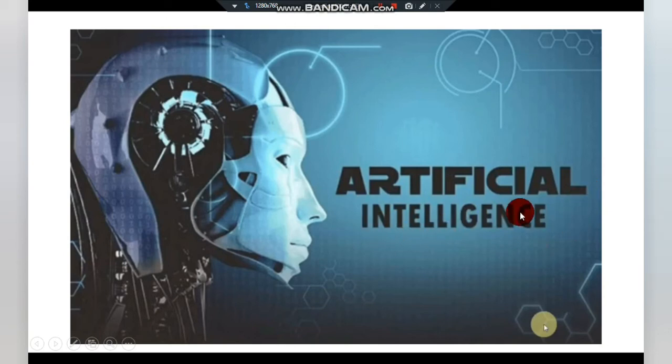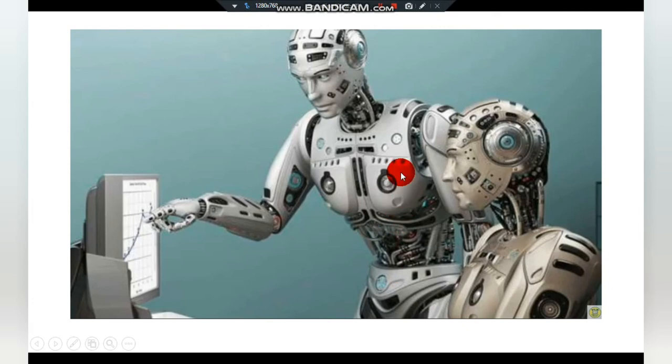Intelligence is only found in human beings. Now we can create this intelligence and give it to a machine. That is known as artificial. We know what is meant by artificial: it is made by human beings. So with artificial intelligence, we create intelligence and give it to the system. This technology is used in the 6th generation computers. The machine can work just like a man.